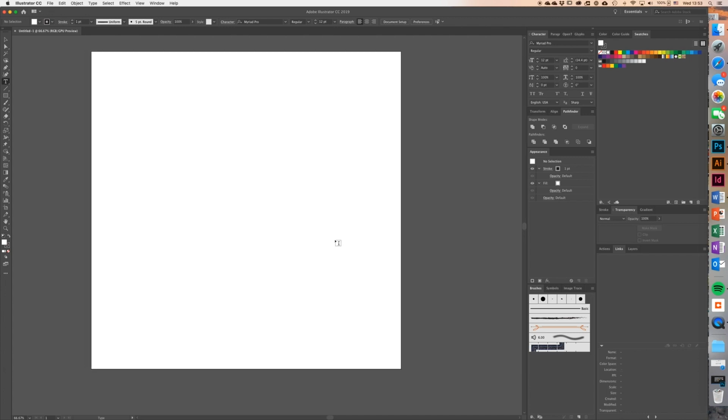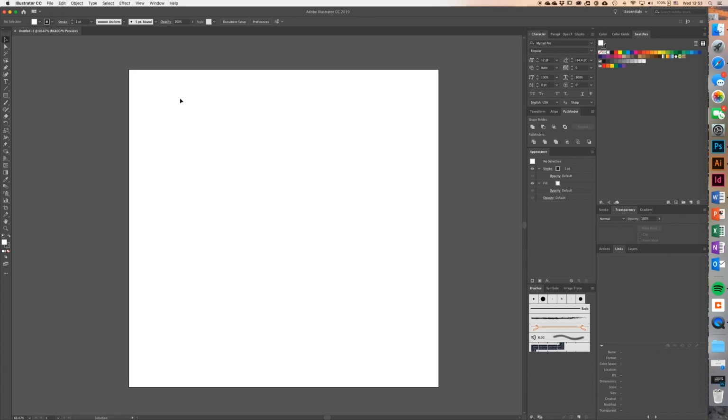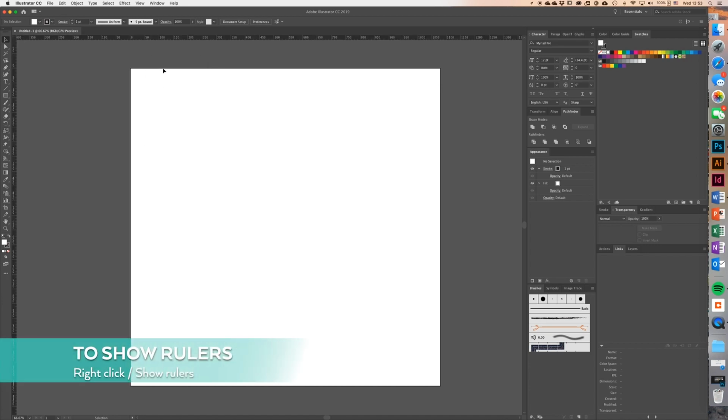So I have my artboard, and the first thing that I like to do is to set up guidelines. This is also something that you can do based on your own preference, but these are very useful. So what I do, I press the right mouse button and I go down and ask to show rulers. This way I will have the rulers here. Then I choose the rectangle tool,